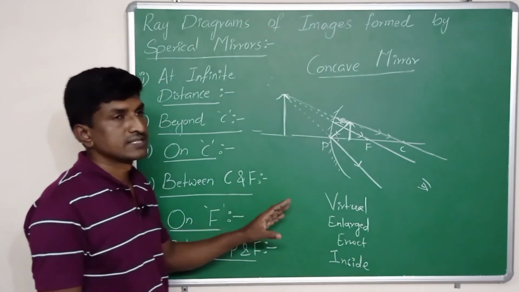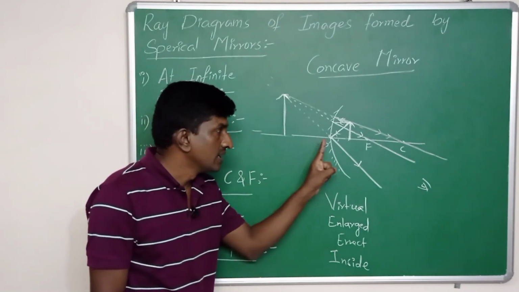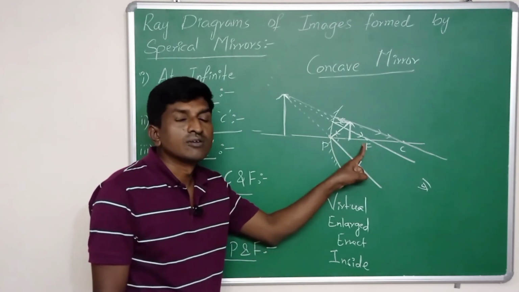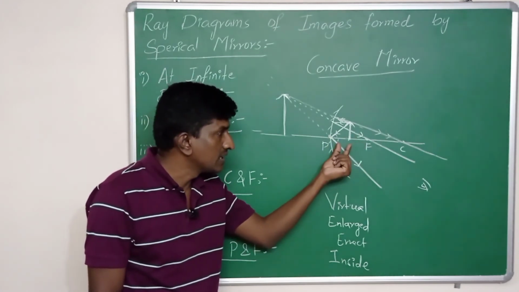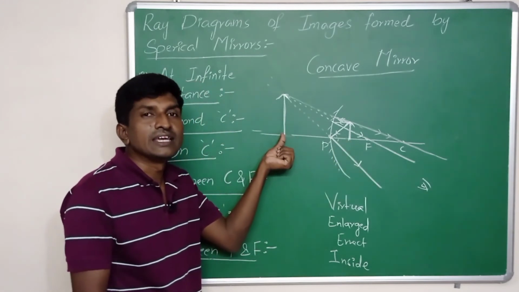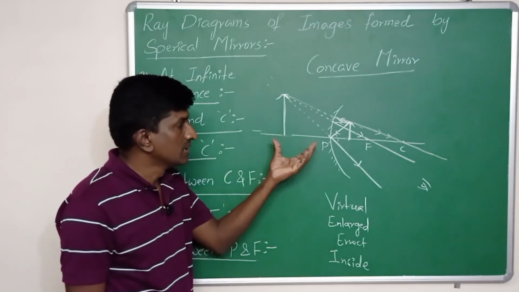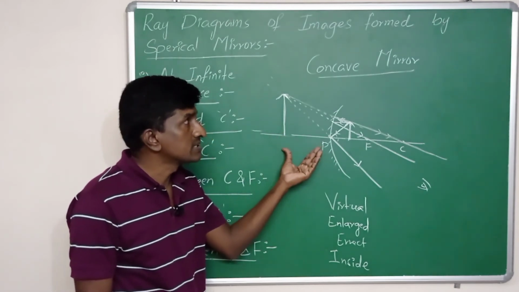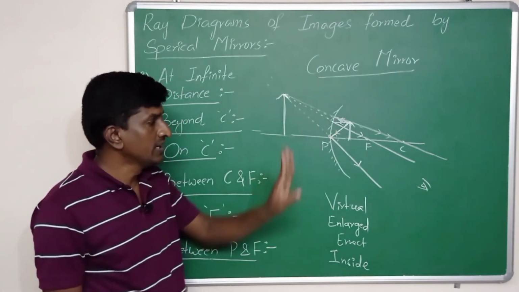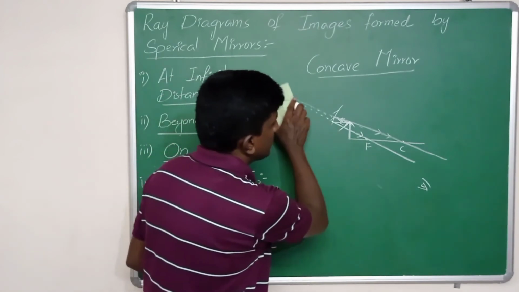In this case, whenever the doctor keeps our teeth between the pole and focal point of a concave mirror, the size of the teeth increases. Then he can observe what the problem is inside. So this is a very important case among the ray diagrams of the concave mirror. Okay, next let us draw the ray diagrams formed in the case of